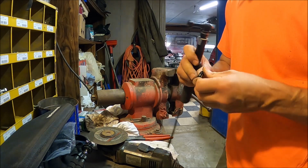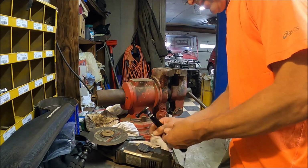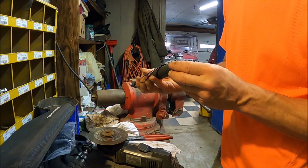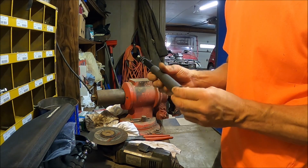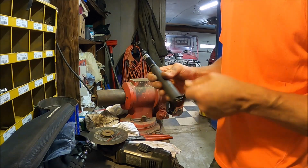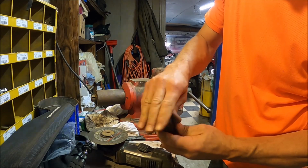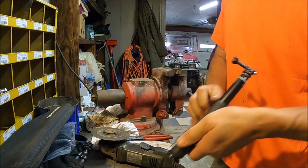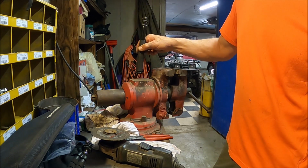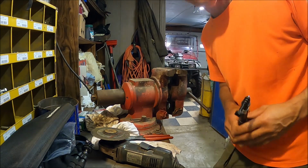Well, it's not a watch. As we used to say, it's not a Swiss watch. It's not a Rolls Royce. It's a cheap selfie stick. That little string is a pain in the neck. Flat surface. About the right amount of pressure that I'd like to have on it so that you can pull it back off. Hopefully it'll...